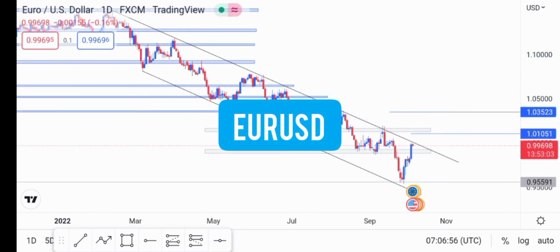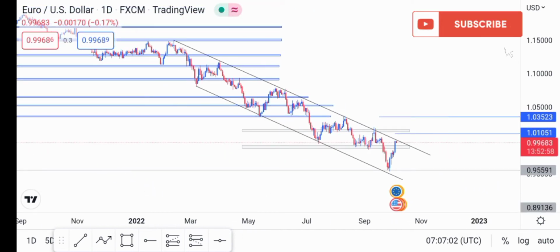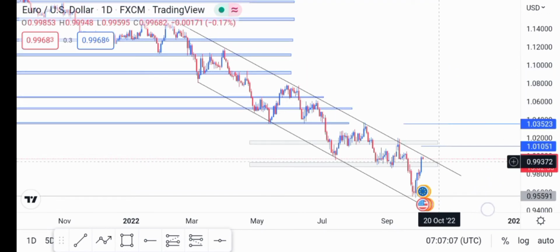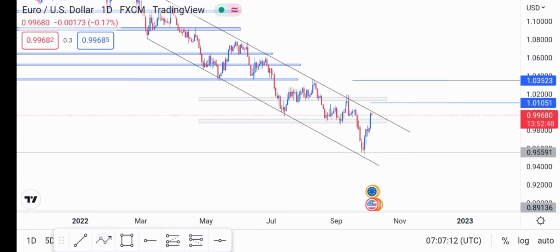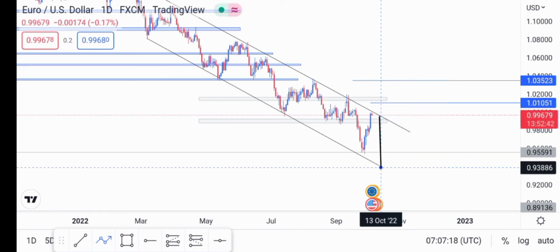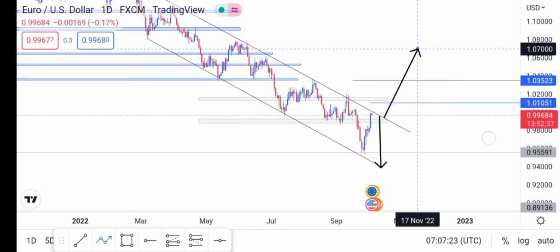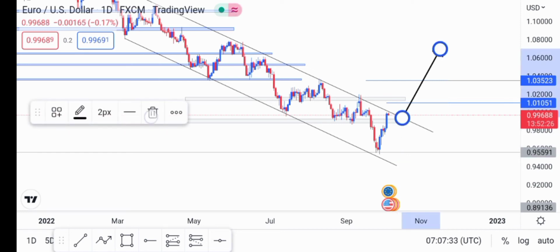Okay, so we are on Euro USD now. So remember, this is a pattern, guys, that we did have. So this has been already analyzed. Now you're going to reach this level right over here. So the question is, are we still going to the lower side, or are we going to break to the upper side? That will be determined by which reversal candlestick we see on the market. So let us move to the 4-hour time frame